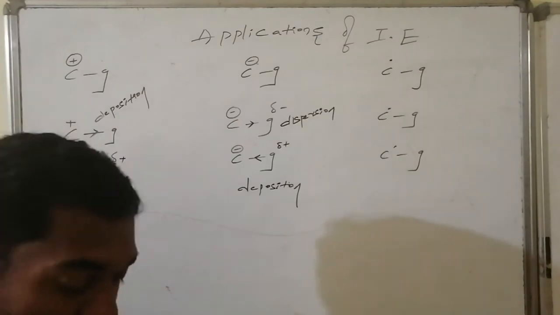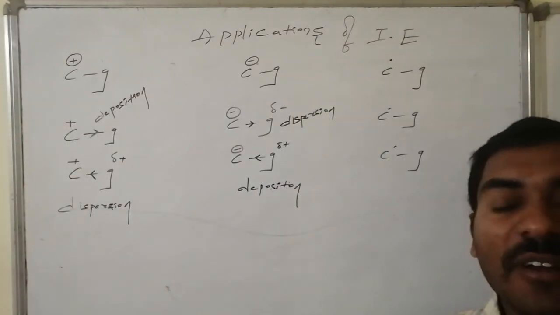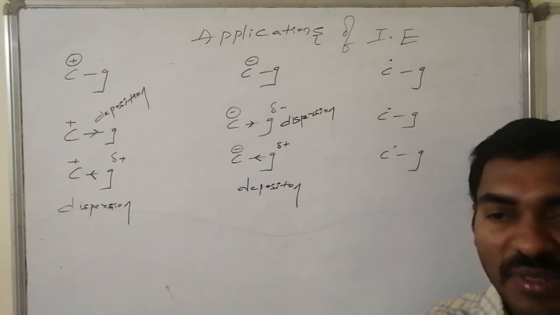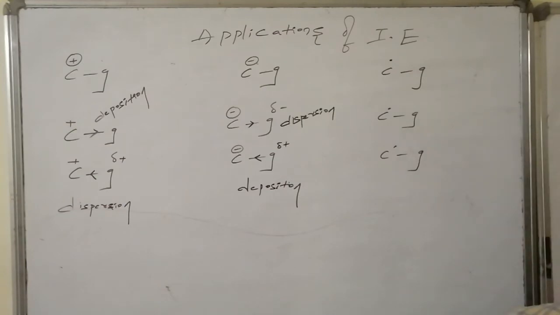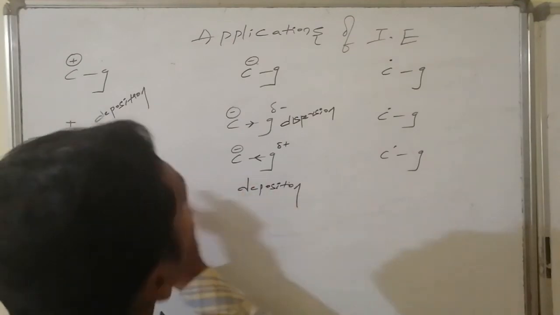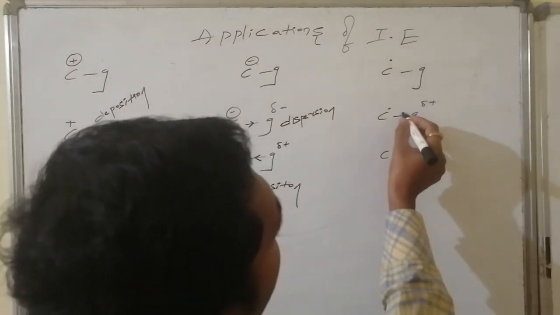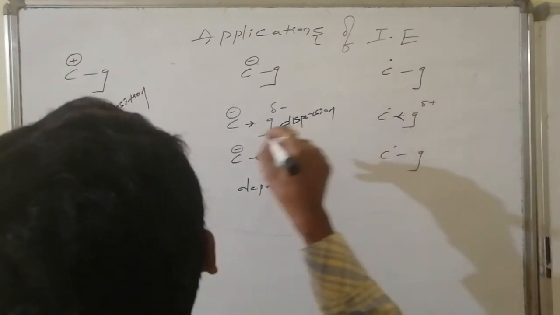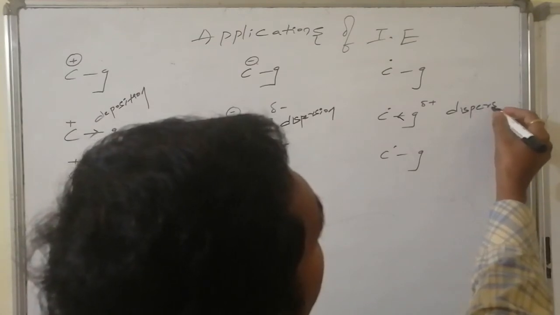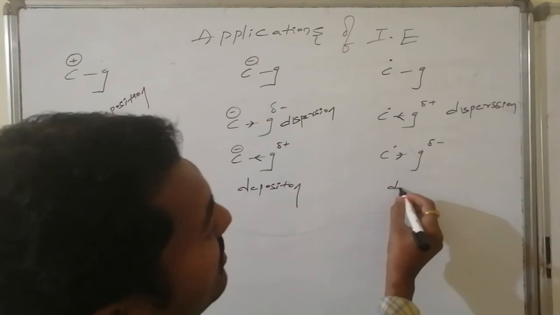Whereas the radical is generally considered similar to a carbocation, because radical formation generates an orbital having one deficient electron, not a paired electron. This is an unpaired electron, generally considered equal to a positive charge. So similar to the first case, if it is a positive inductive effect group, what do we have to feel here? Positive inductive effect, nothing but dispersion. Similarly, if it is a negative inductive effect group, then we have to feel deposition.